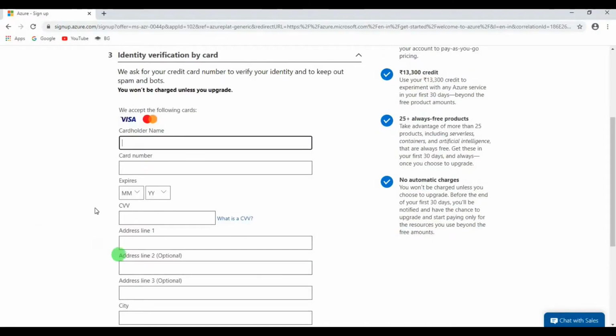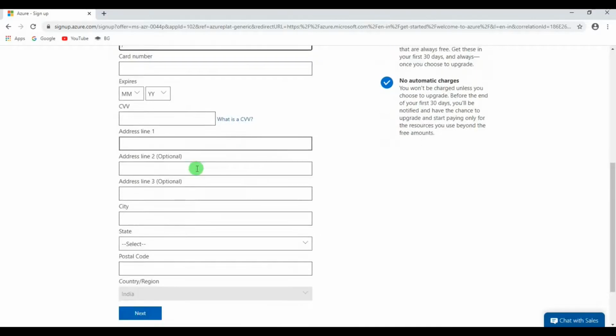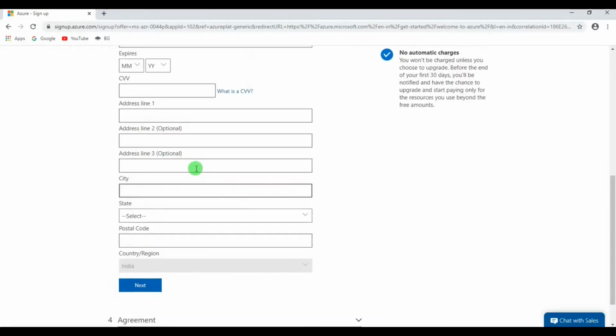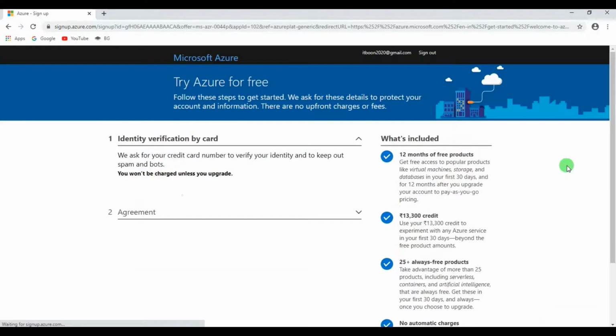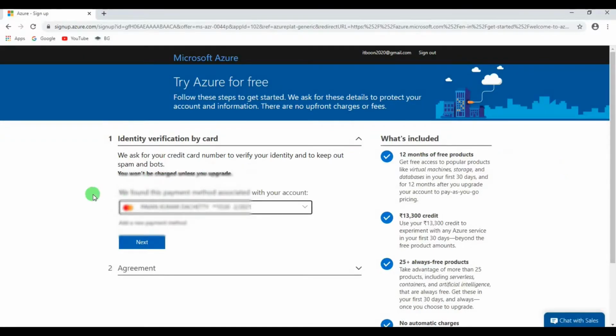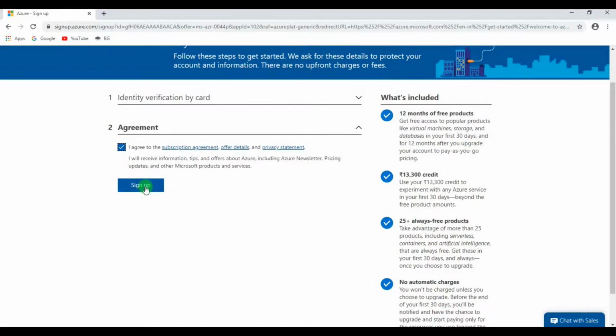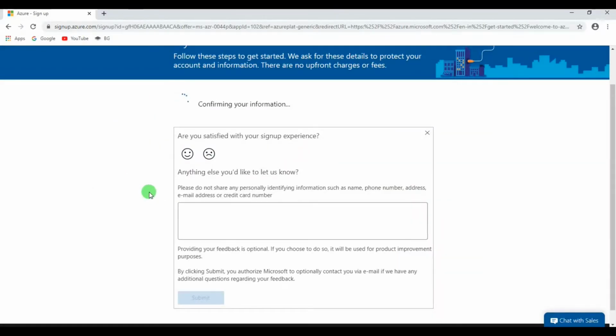On the next screen, you will have to enter the credit card information here. Azure won't allow a debit card like AWS. You have to enter your credit card details here. They will deduct 2 rupees from your account, and again they will return that 2 rupees back to your credit card, just for validating the unique accounts. They verify the credit card. So click on sign up once after filling all the details.